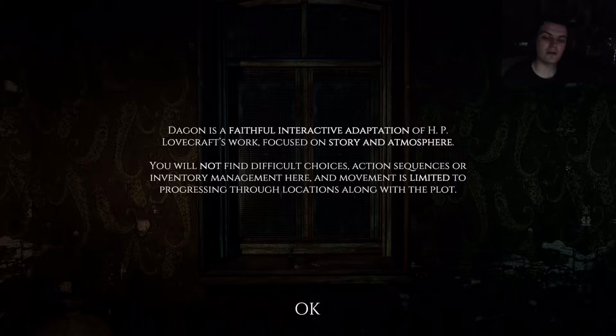Dagon is a faithful interactive adaptation of H.P. Lovecraft's work, focused on story and atmosphere. You will not find difficult choices, action sequences, or inventory management here, and movement is limited to progressing through locations